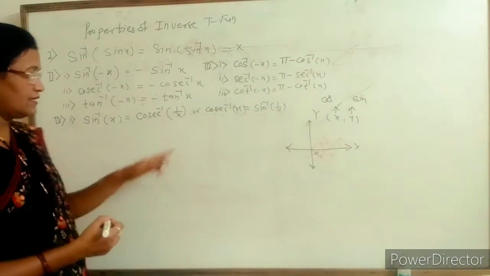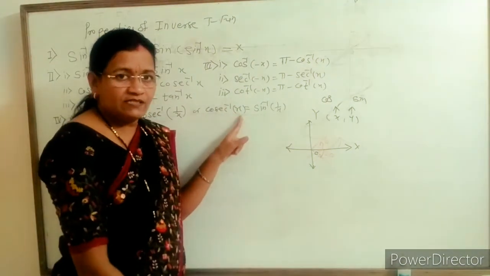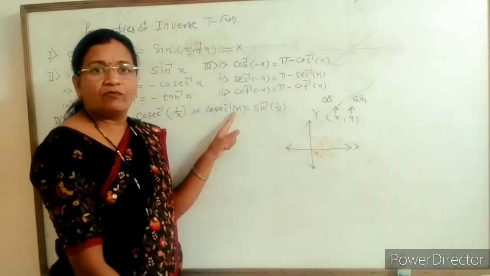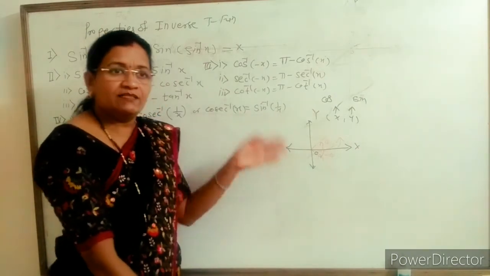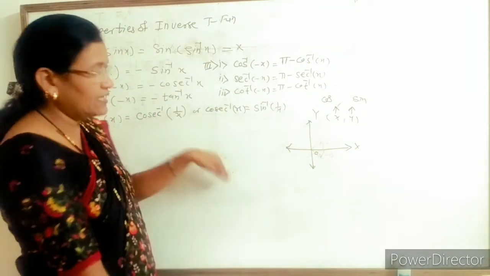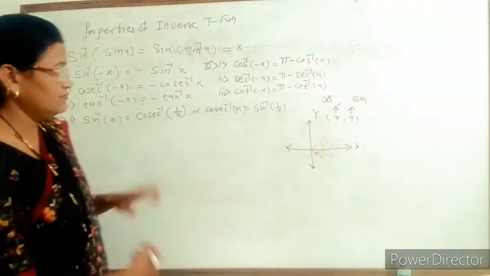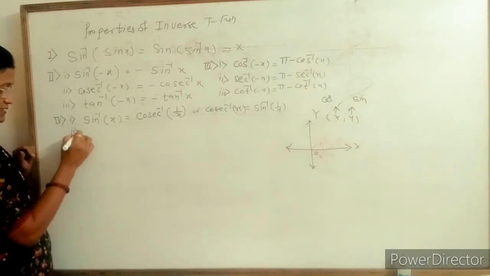In a similar manner, you may take cosec inverse x is equal to y, so x is equal to cosec y. Now you take the value of 1 upon x, so you get 1 upon cosec y, which is nothing but sine y. Again, we find the value of y is equal to sine inverse 1 upon x. With the help of this you can take the remaining ratios.